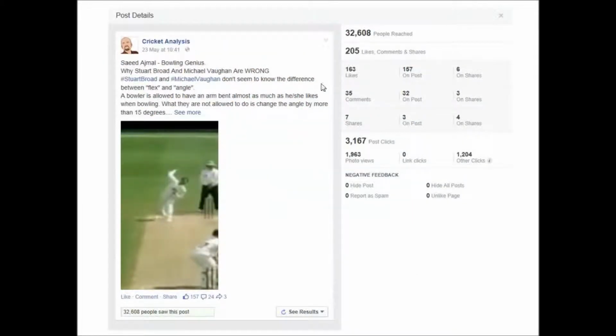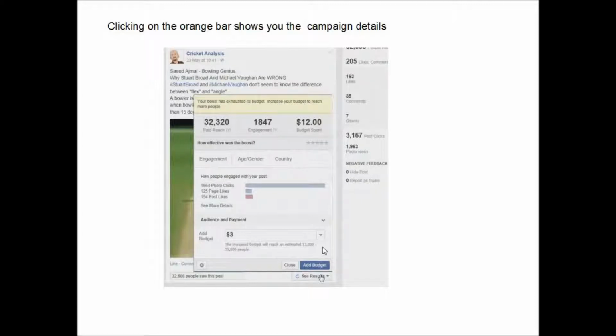So for my $12 in this case, I think it was, I got 3,000 odd clicks, I got shares, and I got, blimey, it was huge, 163 likes, 35 comments. The shares are vital because they go off and keep propagating. You may get people still commenting on your stuff in a year or two's time via the share system. It's shared and it's reshared. Very, very handy.